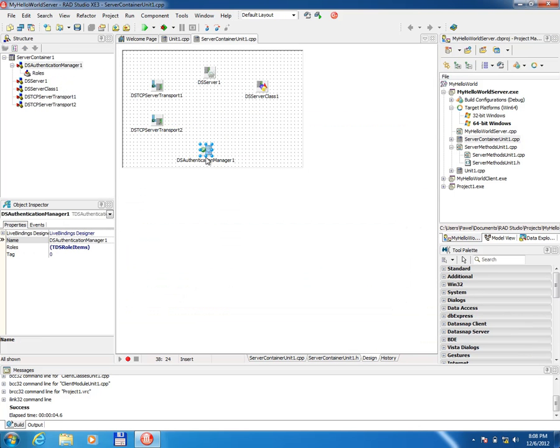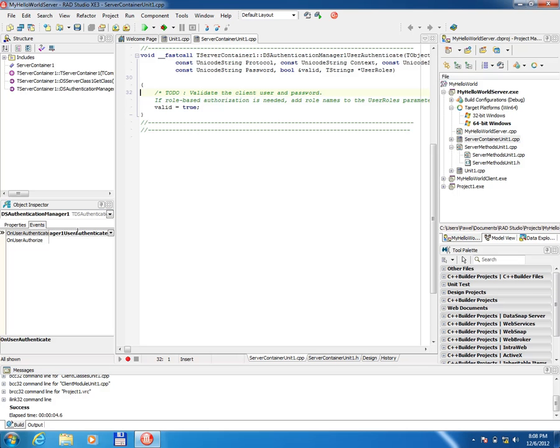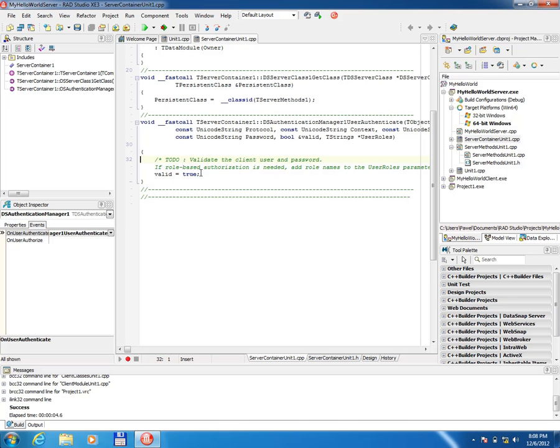manager component. So this authentication manager component has these two events, on user authenticate and on user authorize. I have only selected authentication, because that's what I need to use. So basically in this method, when the user connects, or the client connects to the server for the first time, it needs to provide username and password, and based on this information, and also other things like protocol, you can make a decision whether the user is okay to connect